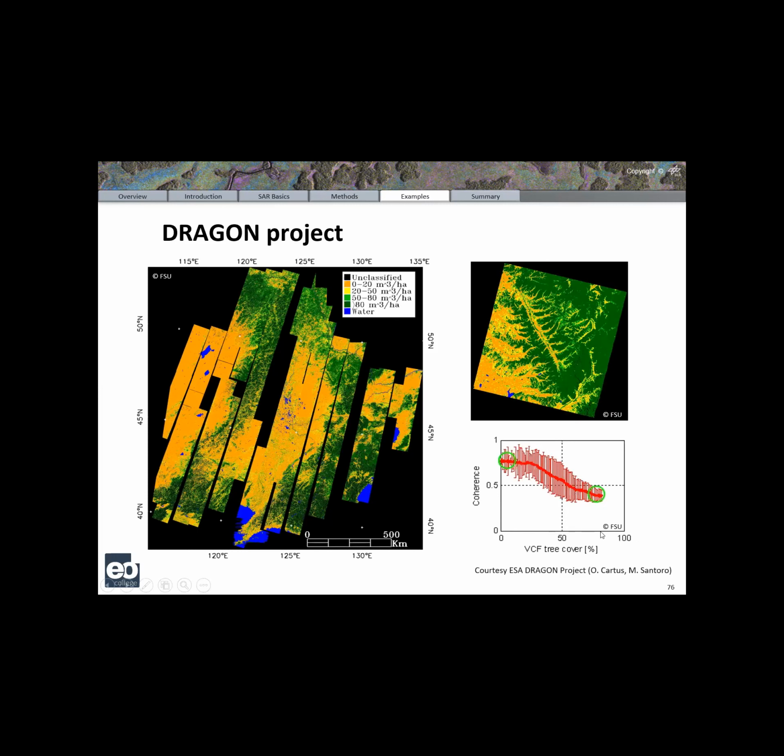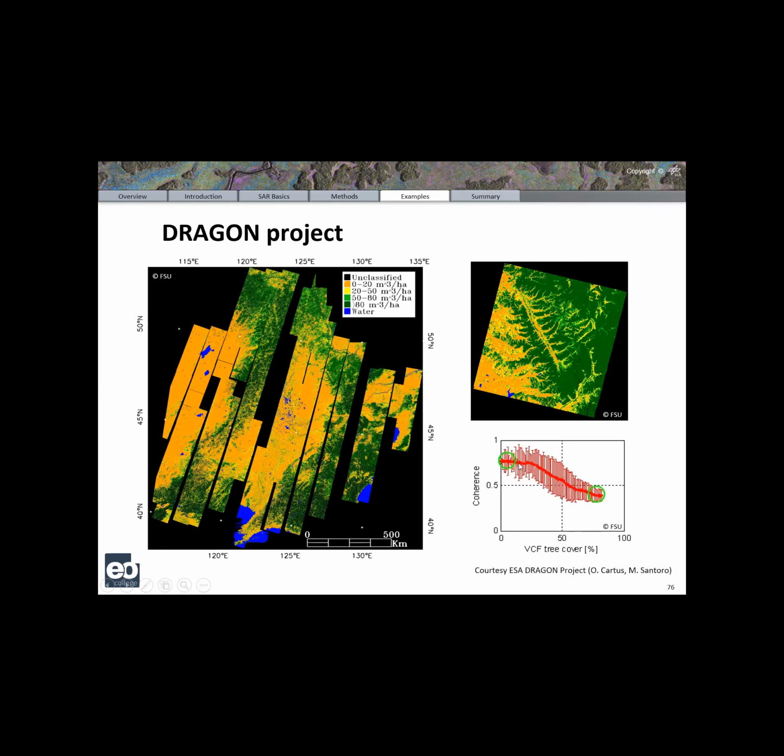VCF stops at, what is it, I think it's 75 or 85% tree cover, because with the optical data they cannot resolve further. But for us, this was enough. What was also very nice, and it would be worth several PhDs to go into this further, is this almost linear regression between the optical product, VCF tree cover, and just a single pair, a single coherence map, how it coincides. Obviously there is information in here